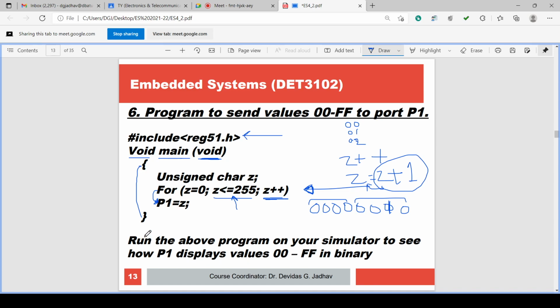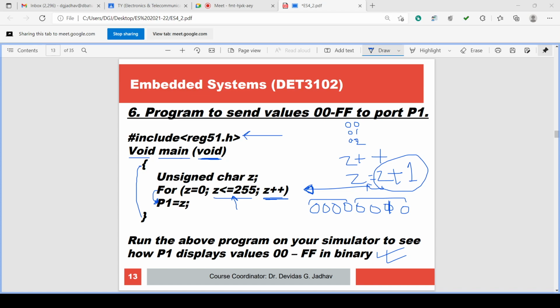What we have to do? We have to run the program on the simulator to see how P1 displays values 00 to FF in binary. This is the program which is to send the values 00 to FF to port P1.